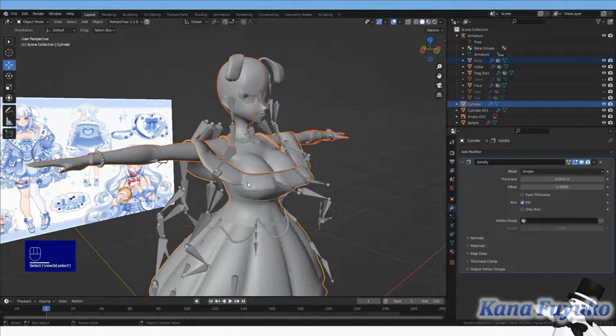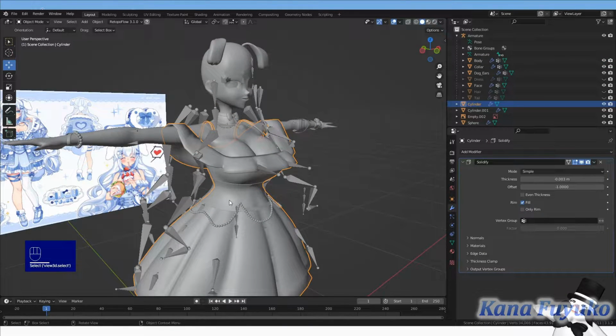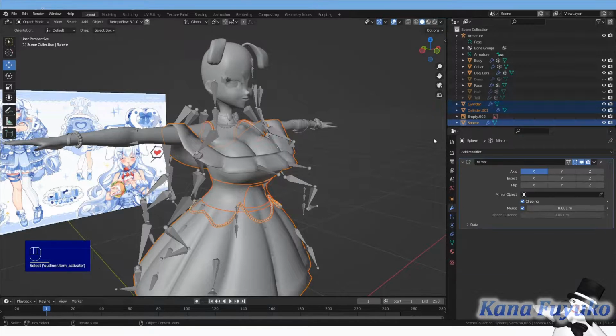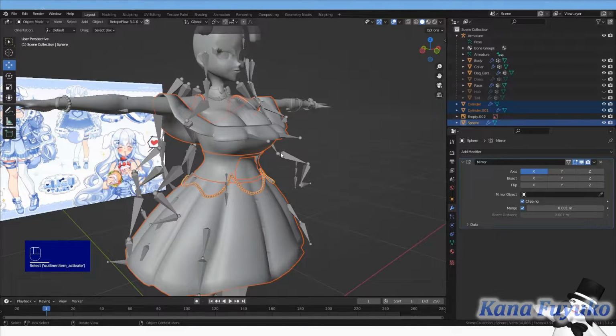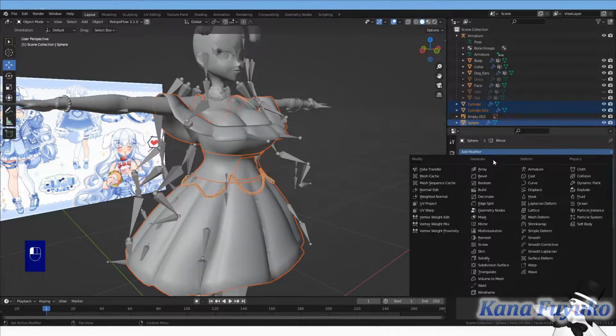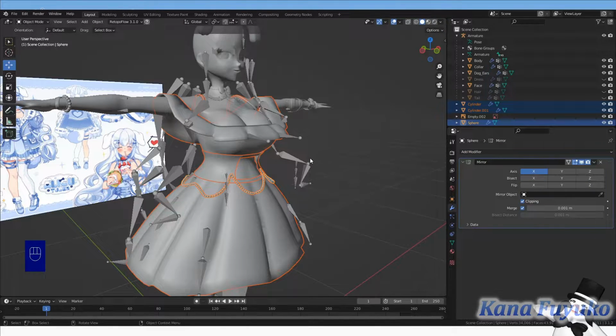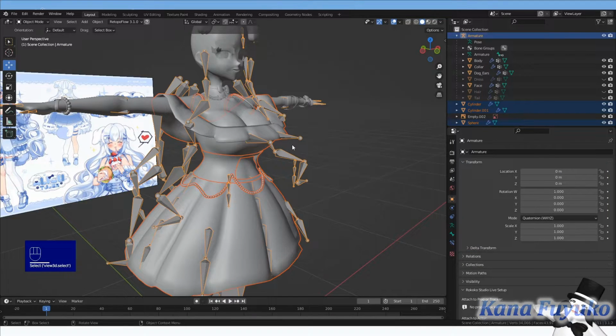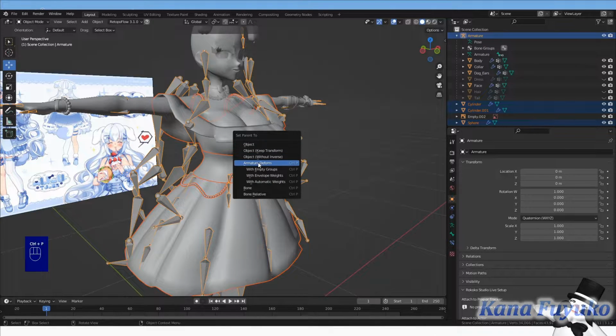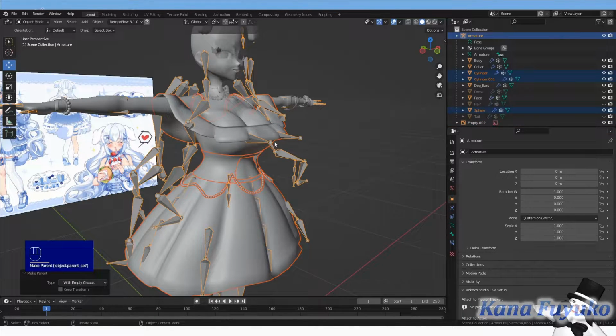Actually, before we do that, select your dress, or the parts that you want to attach to your armature, because this is important. You'll need to make sure to attach it to the armature. You can add a modifier for the armature and register it manually, but I usually just select my dress, shift select the armature here, Control P, and then select empty groups.